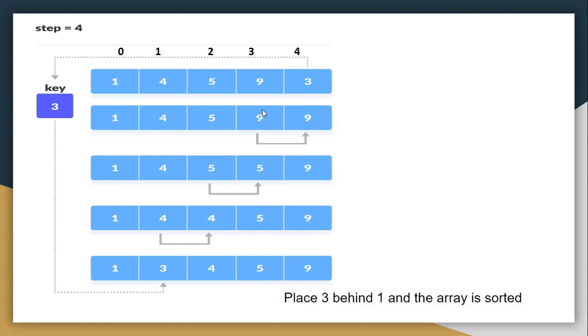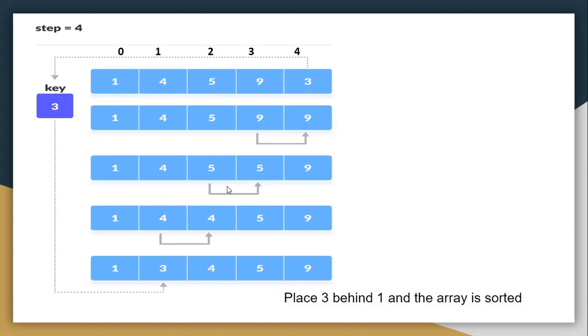Now 9 is greater than the key value, so store it in index 4, and now compare index 2 with the key value, and now also 5 is greater than the key value, so